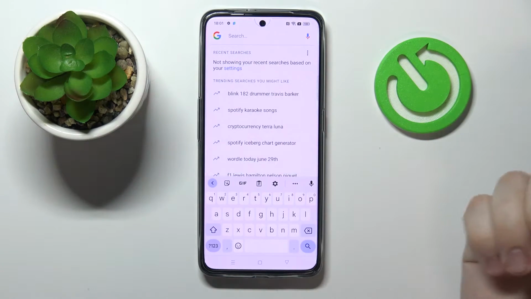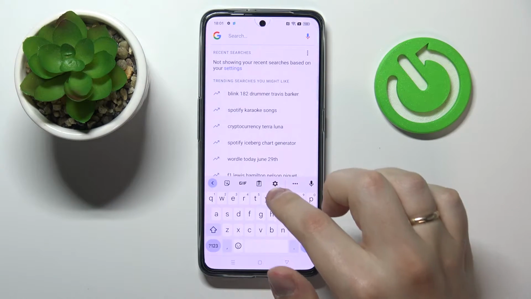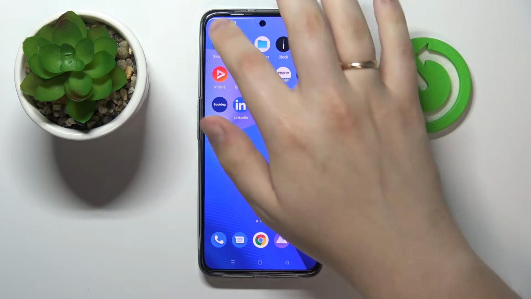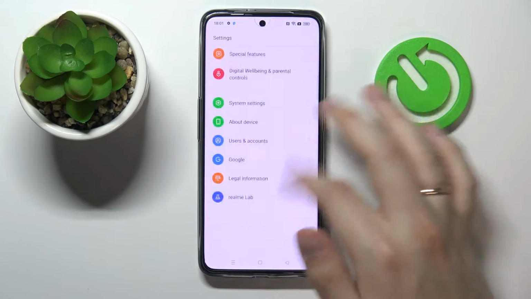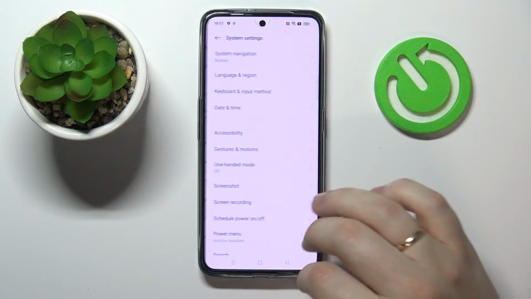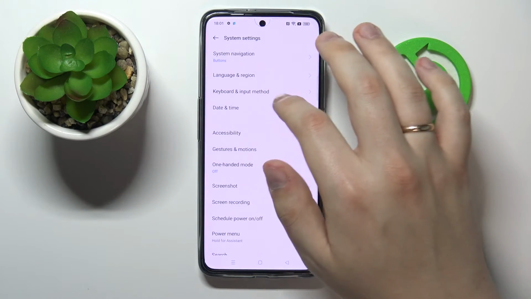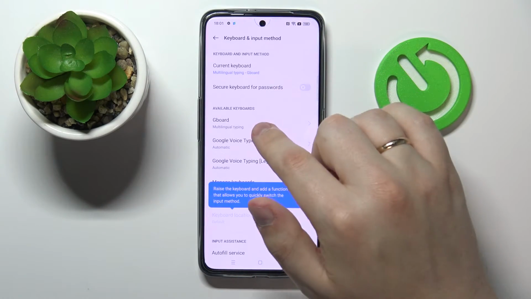From here you want to somehow get to the keyboard settings by either pressing on this gear icon, or you can also open up the general settings app. Here scroll down and find the system settings, keyboard and input method. Next go for the Gboard,